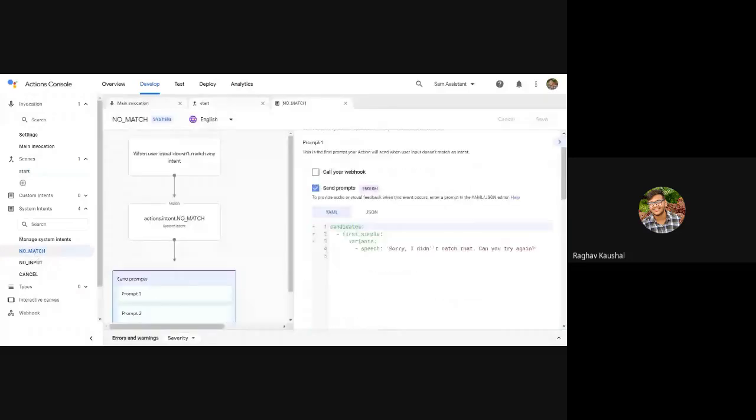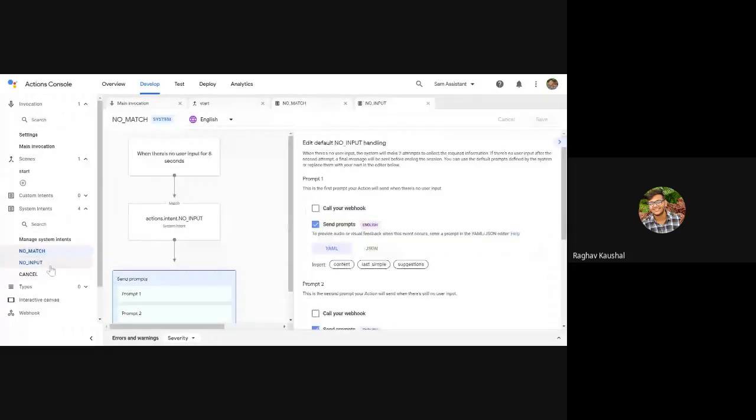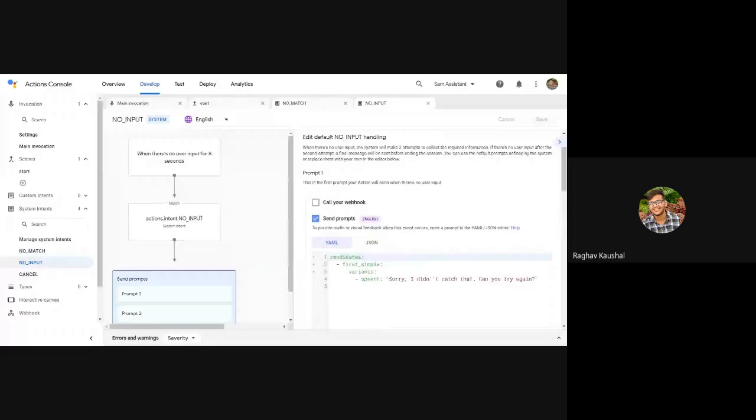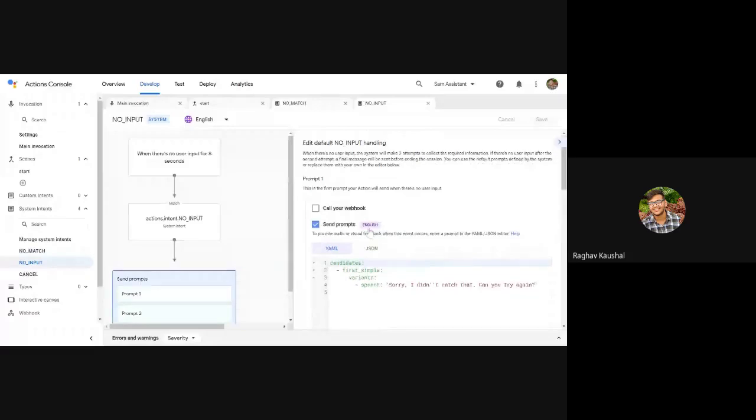Can you try again? No input says the same thing. You can easily edit this, and tell it in whatever way you want when the user answers something else.